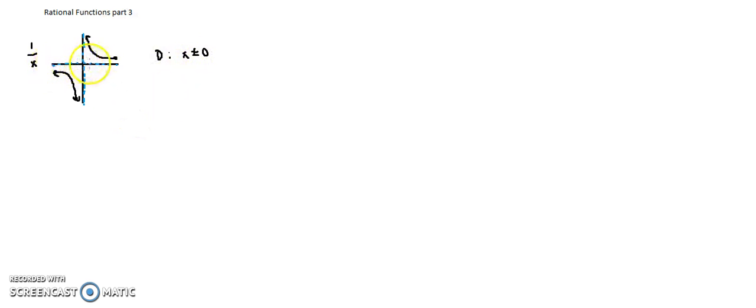But what about this asymptote on the x-axis? Where does that come from, and how do we find that for other rational functions without having to plug in a lot of numbers like we did for 1 over x? Well, it turns out that that is related to end behavior. And if you remember talking about end behavior